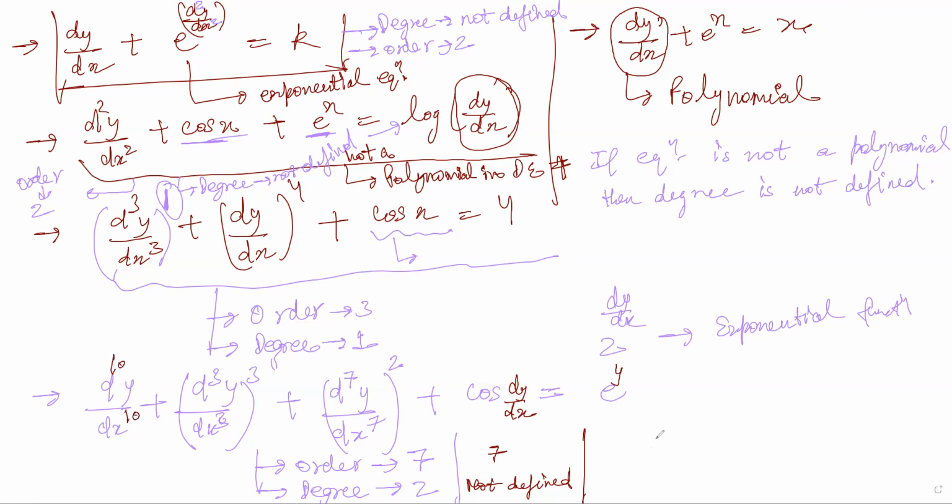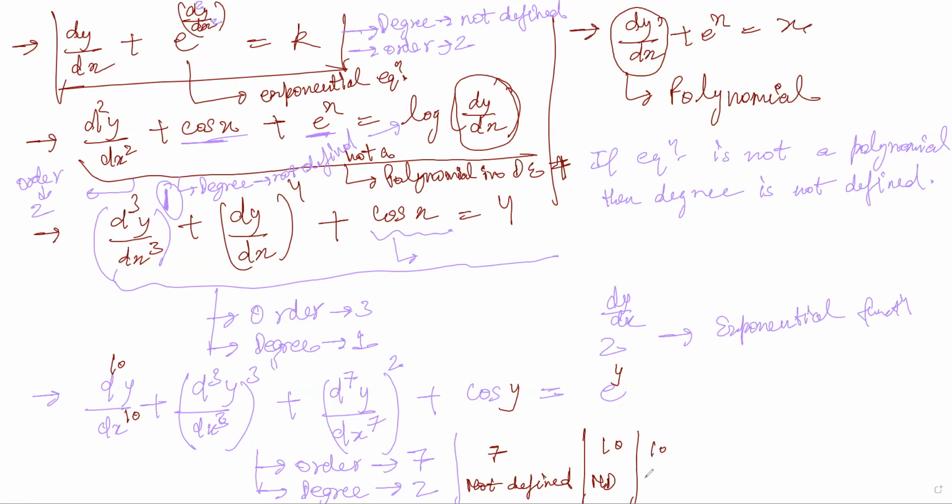Yes. What's the order and what's the degree? So order is 10 and degree is not defined. Degree is still not defined, correct? What's the order and what's the degree? So order is 10 and degree is